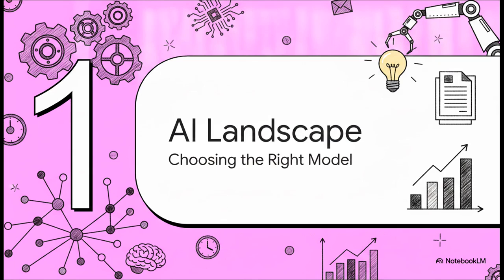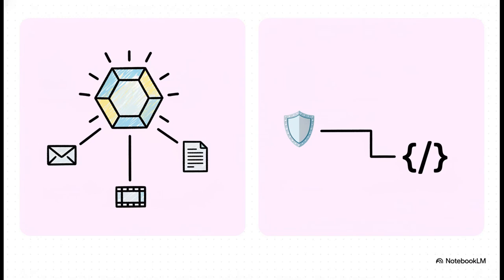Choosing the right model. So, we all know there are a ton of models out there right now, right? You've got ChatGPT for your broad conversational tasks, but let's compare two other massive heavyweights, Google Gemini and Anthropic Claude. Now, Claude is absolutely fantastic for coding and safety alignment, but Gemini has a very distinct advantage when it comes to deep integration with the Google ecosystem. And for the rest of this explainer, we're going to focus heavily on Google Gemini as our primary use case,